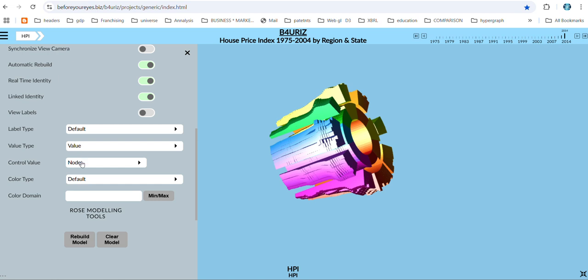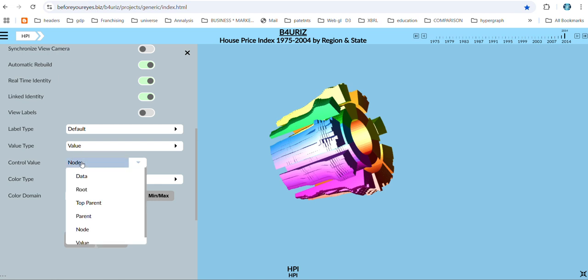We did say value, but now the control value, which is the denominator factor, how are we going to look at this data through a microscope? What level of magnification? Do we want it at parent level, super parent level? Here we have the top parent and parent. There isn't a top parent in this data set that would require 3 levels of